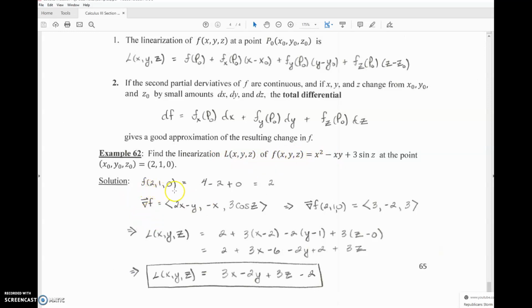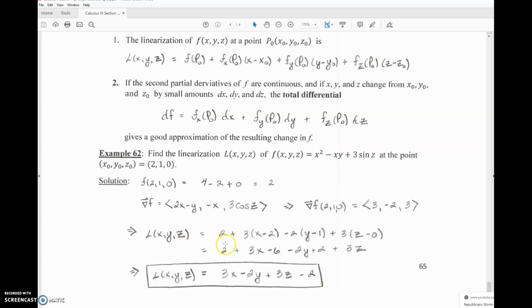So f of 2, 1, 0 is just 2. Then I take the gradient of f and evaluate it at 2, 1, 0. So I get 3, minus 2, 3. Thus, the linearization of this surface, or hypersurface, because it's a function of 3 variables and you can't really visualize it, is